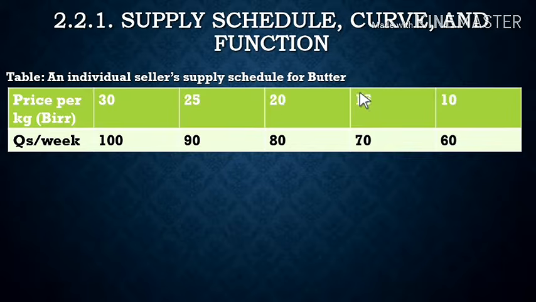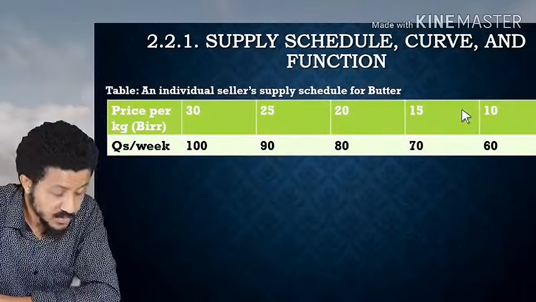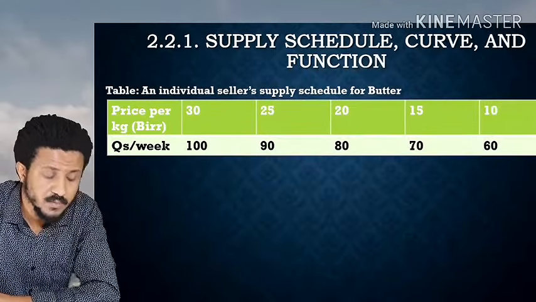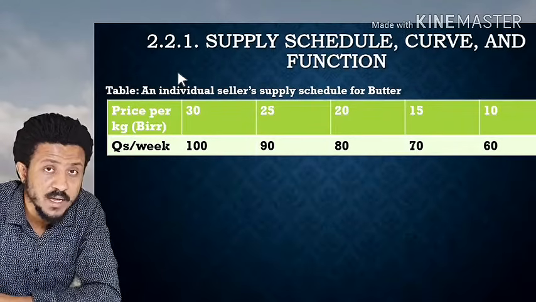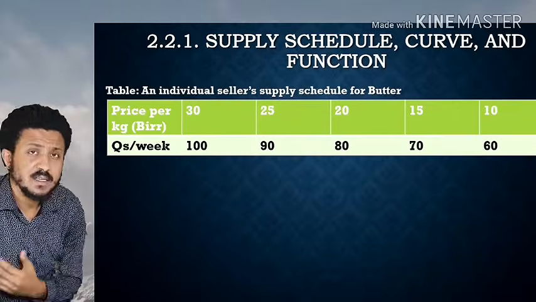Similarly ከዚህ ወደዚህ ስንሄድ the price has decreased from 20 to 15, right? Decrease ስላደረገ because of the law of supply quantity supplied must decrease ብለናል፣ decrease ማድረግ አለበት። ቼክ ስናደርገው ይሄው from 80 to 70 it has decreased ማለት ነው። Okay, similarly from 15 to 10 price decrease ሲያደርግ because of the law of supply quantity supplied must decrease. So using this table we have shown that the law of supply works ማለት ነው።